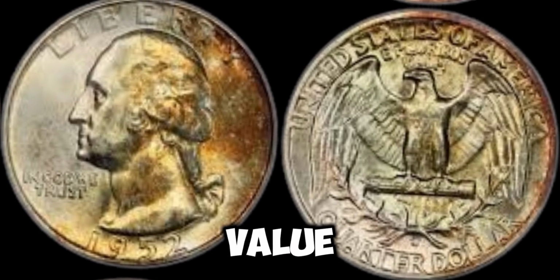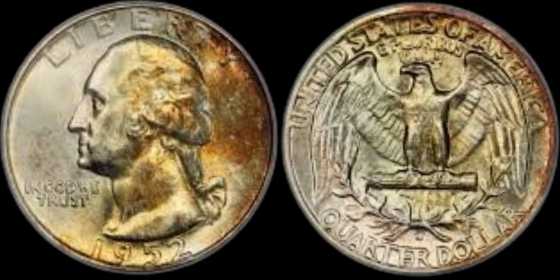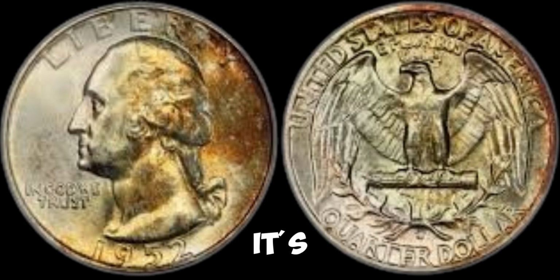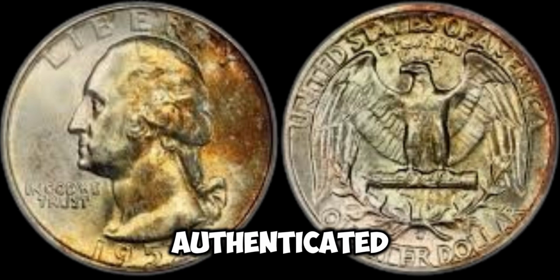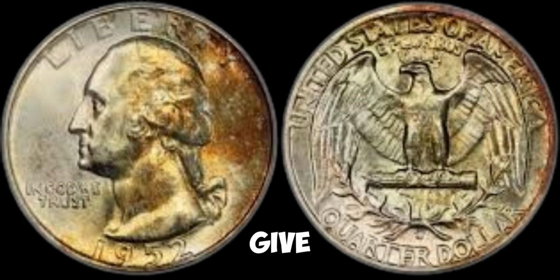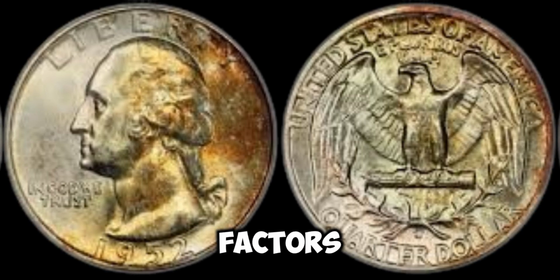Let's talk about the value of the 1952 Washington quarter and how you can determine if you have a rare and valuable specimen in your collection. First and foremost, it's important to have your coin authenticated and graded by a professional coin grading service. This will give you a clear idea of the coin's condition and authenticity, which are crucial factors in determining its